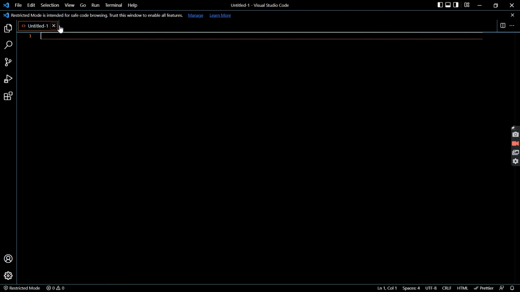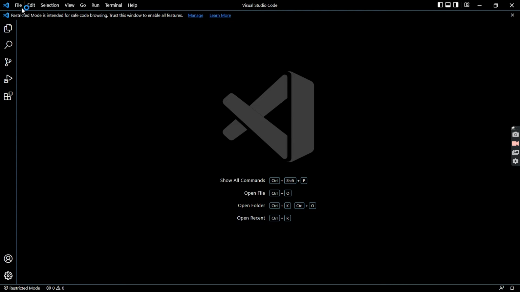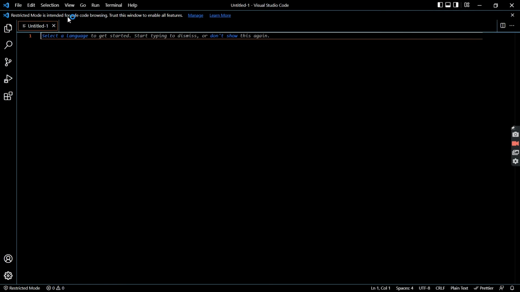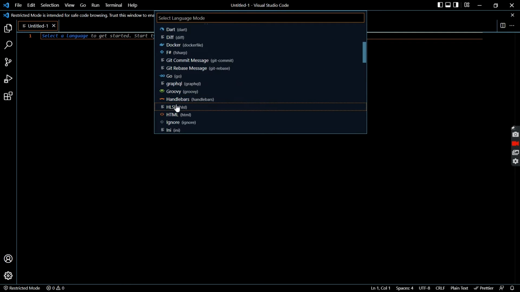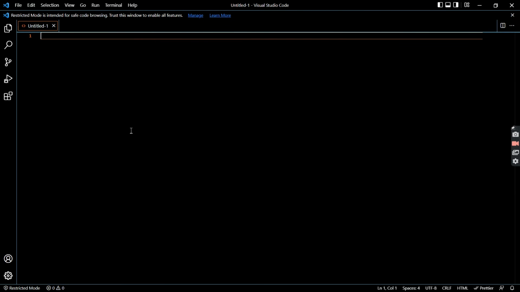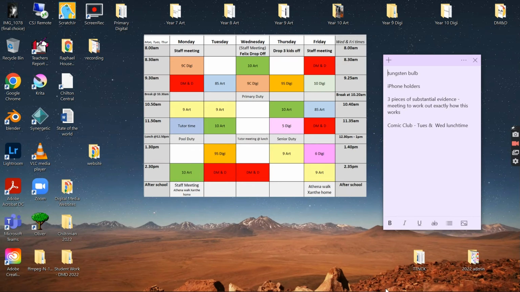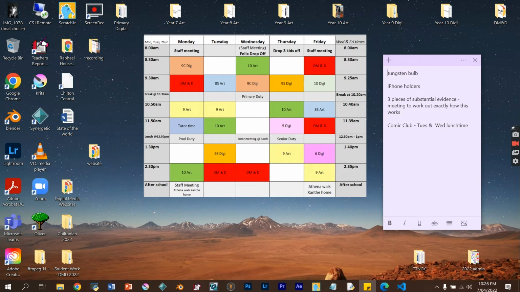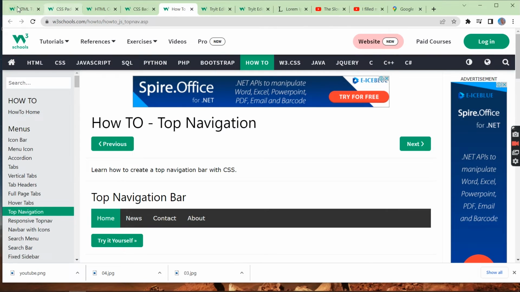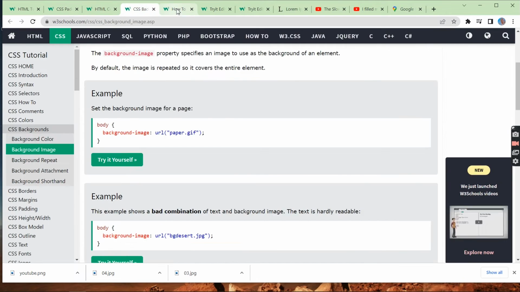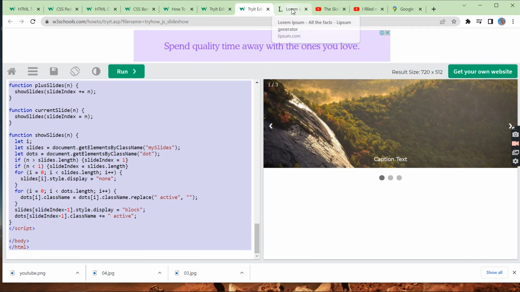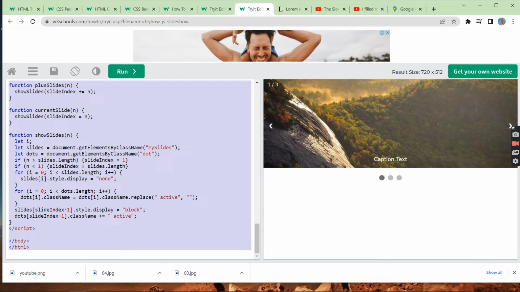Now, if you just open it up like this, you go File, New, and it will ask you to select the language. You're going to go down to HTML, so it understands what you're talking about. Okay, so download Visual Studio Code, and I'm going to give you all of these links, which are all found in W3 Schools, to make a website. On top of that,